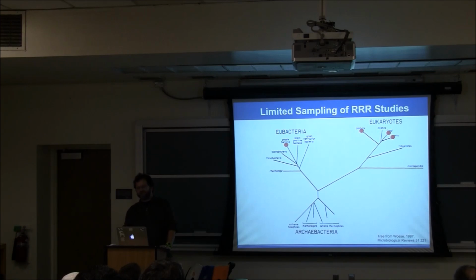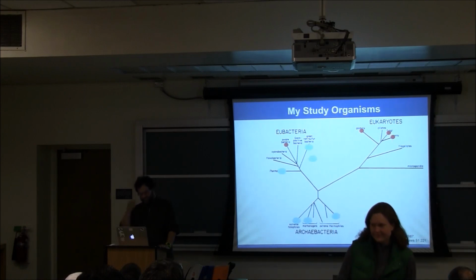almost all of the experimental studies of DNA repair, recombination, and replication processes, the RRR field, were in these four groups of organisms. Purple bacteria, also known now as proteobacteria, mostly E. coli, animals, mostly mouse and humans, fungi, mostly Saccharomyces cerevisiae, and a few studies in plants. And there was a very limited sampling of the rest of the diversity of life. And so my focus for my PhD research was basically to sample across the diversity of life in terms of various aspects of DNA repair processes.